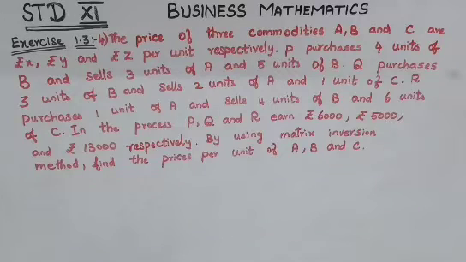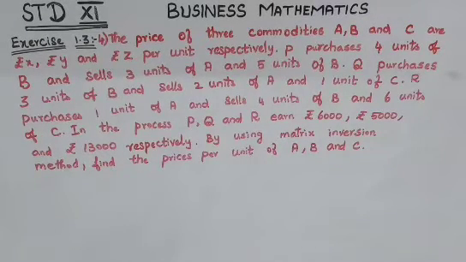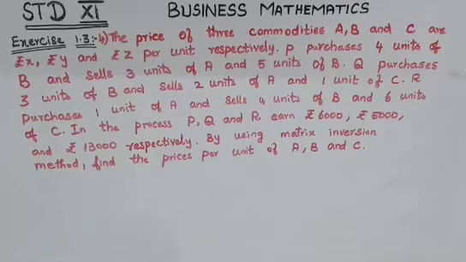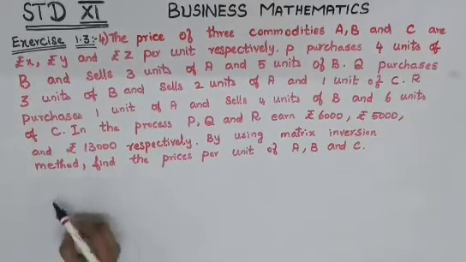This is Mathematics Exercise 1.3, fourth question. The prices of three commodities A, B and C are rupees X, rupees Y and rupees Z per unit respectively. P purchases 4 units of C and sells 3 units of A and 5 units of B. So, from this condition, you just write the matrix equation. Before that, we'll write, let